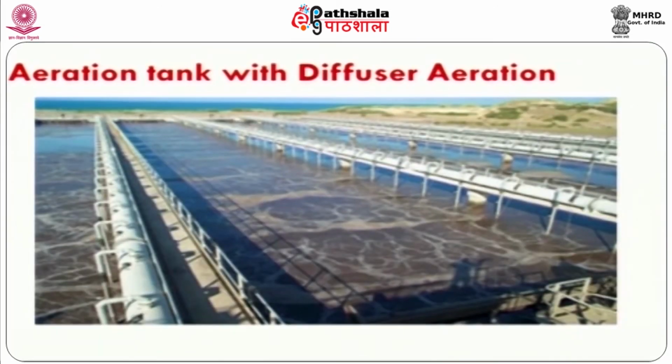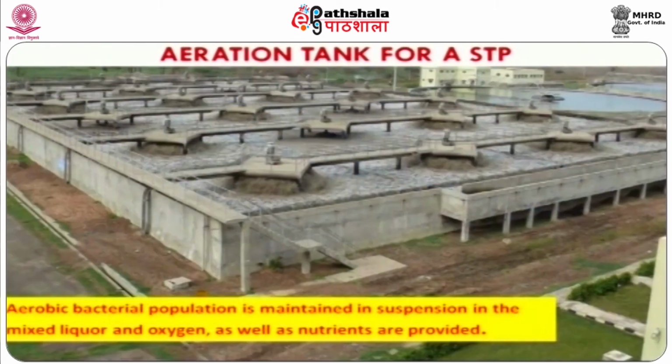So, this is the aerial photograph of an aeration tank with diffuser aeration. This is mechanical aeration. In mechanical agitation, we are spreading water over a larger area. In this way, the molecular oxygen present in atmospheric air will try to diffuse into the liquid layer. Oxygenation can also be achieved by directly sparging air with the help of diffuser plates that are normally fixed at the bottom of the reactor. With the help of an air compressor, we can sparge air.